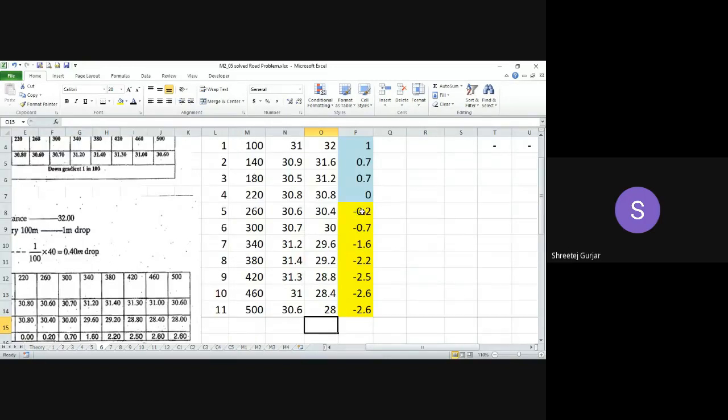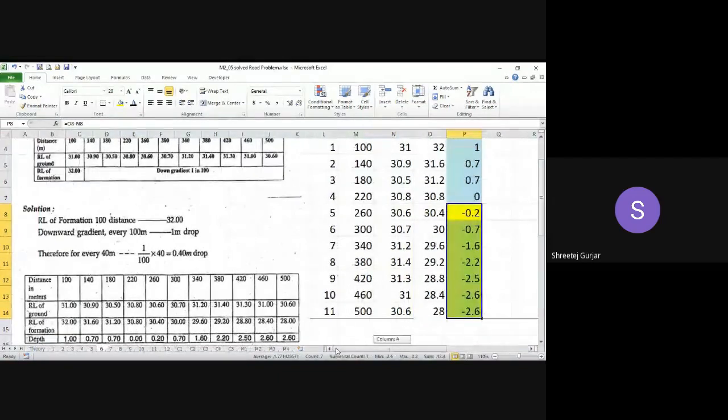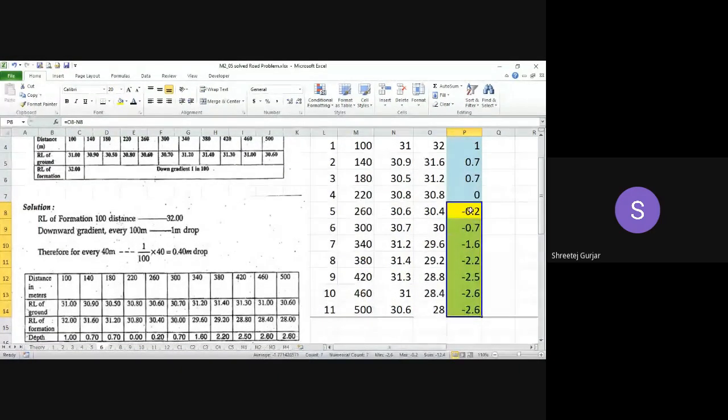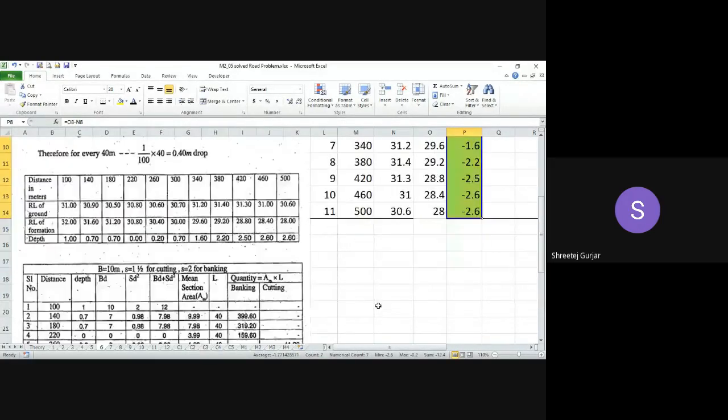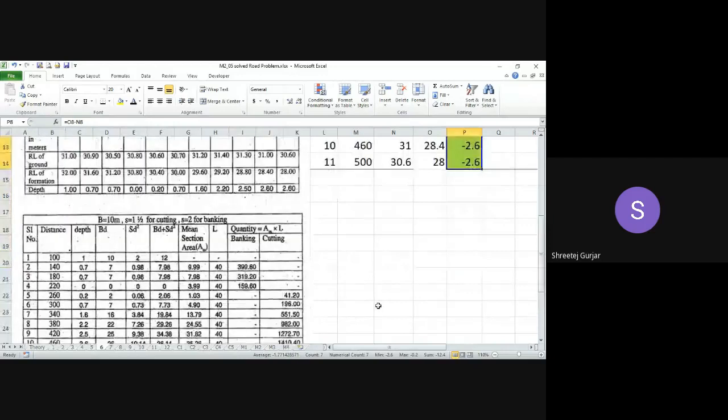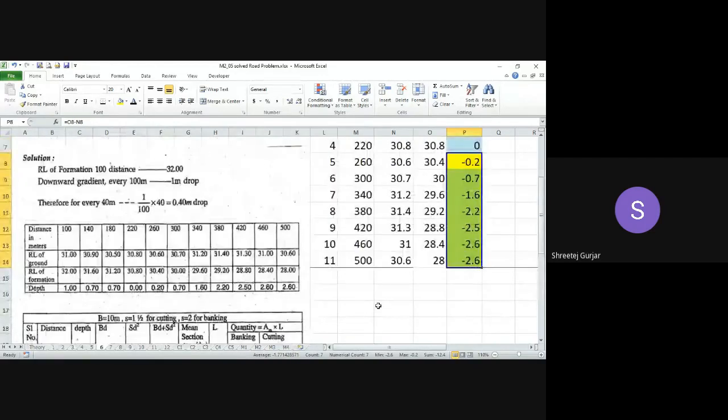If these values remain negative, our further calculations might go wrong. So we'll convert these values to positive. While writing in the exam also, you have to write them positive. So plus 0.2, plus 0.7 and all. You can observe here also, for depth, all of those they have written positive. Even if it is negative, the values which you write are positive. So observe, have we got correct answers? 2.6, right? We have got all this as correct.